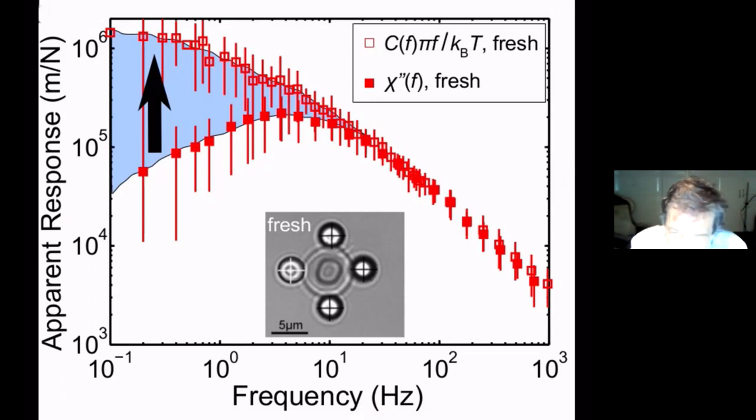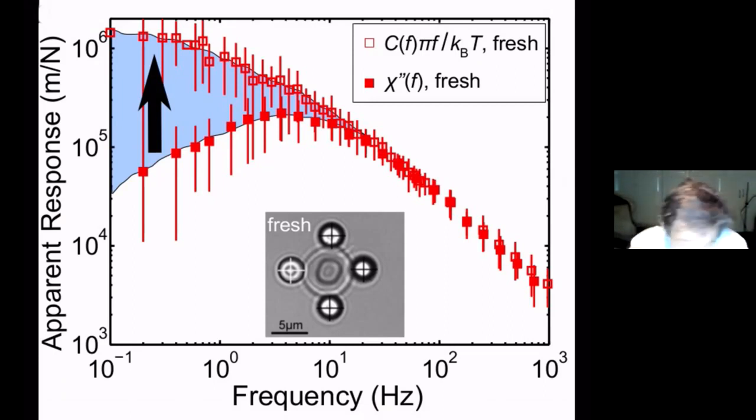satisfied. Now, if you believe, like I do, that this non-equilibrium character comes from the binding and unbinding of the spectrin network to the membrane, there's a time scale for that. If you go faster than this time scale, you don't see the non-equilibrium effect, and the system should be at equilibrium.